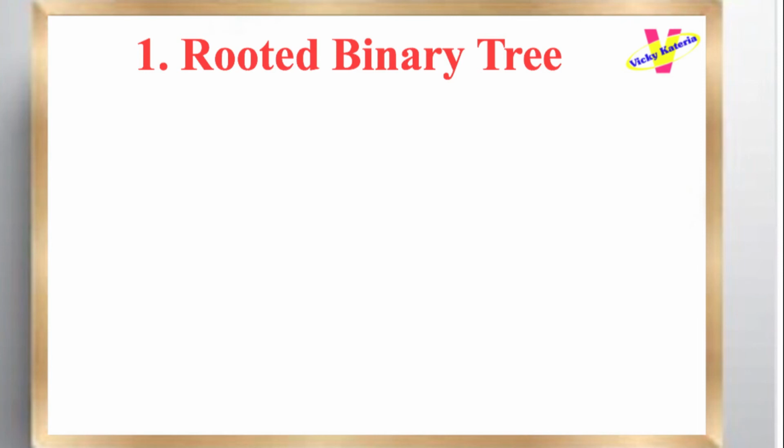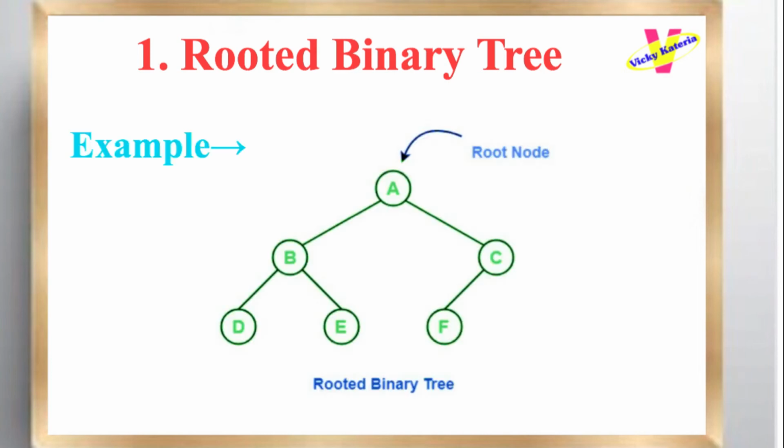Rooted binary tree. A rooted binary tree is a binary tree that satisfies the following 2 properties. It has a root node. Each node has at most 2 children. Example: